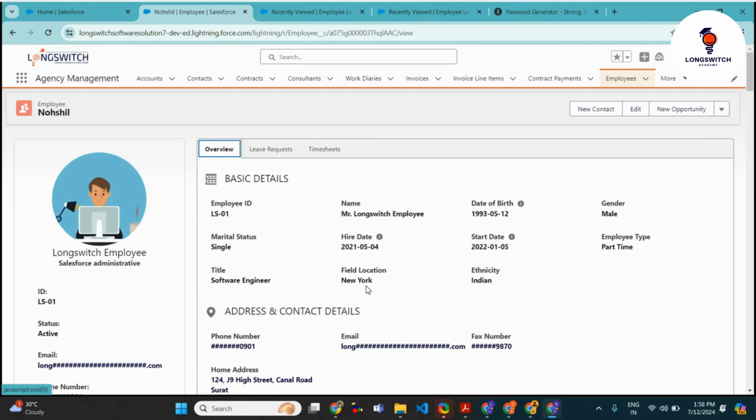Here, I'm using it on a record page, but we can use it in the community site, in a flow. We can create a separate tab for it, or maybe we can reuse it at multiple places as per our use case. So this is pretty much it about this quick demo walkthrough